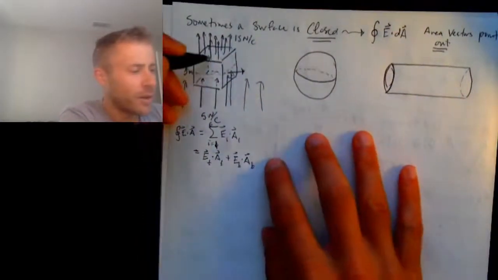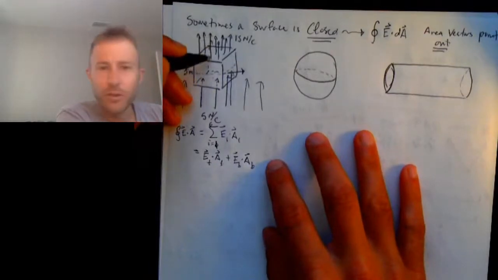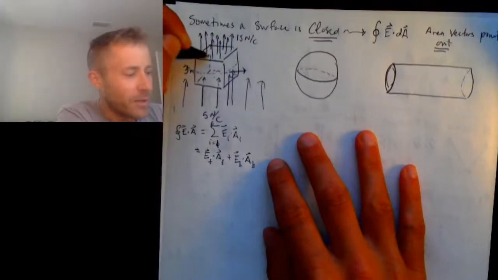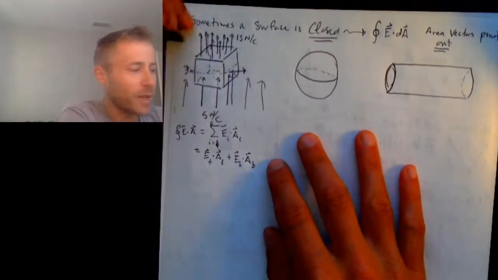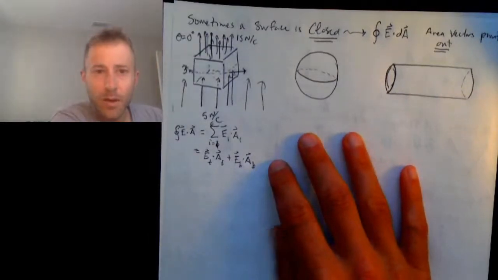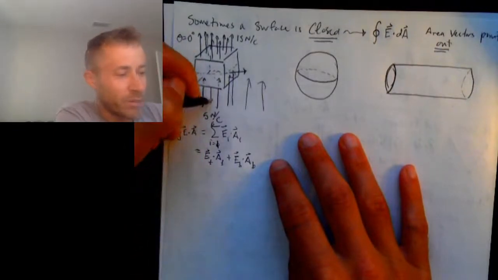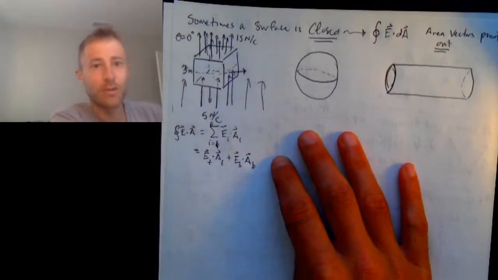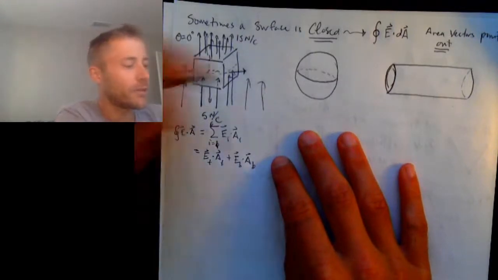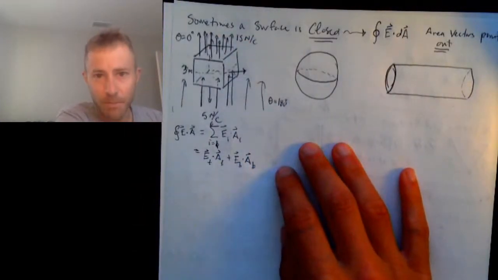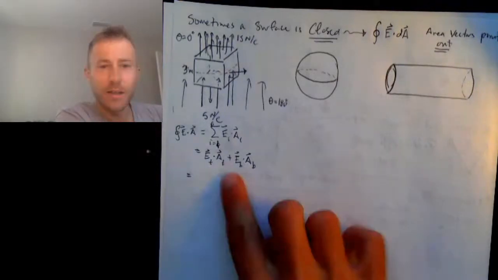So on the top face, the electric field points up, and the area vector also points up. So on the top, we have an angle of 0 degrees. On the bottom face, the area vector points down, and the electric field points up. And so there we have an angle of 180 degrees, which gives that factor of -1. So what we get is